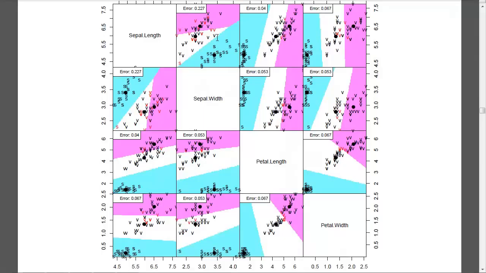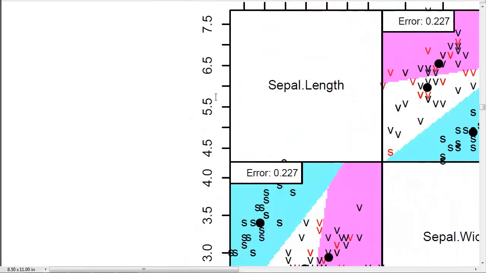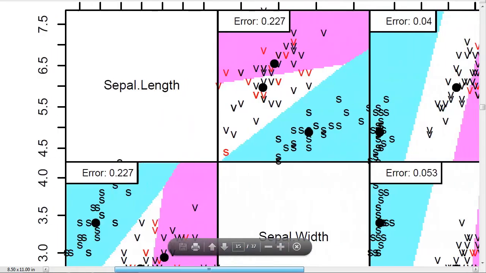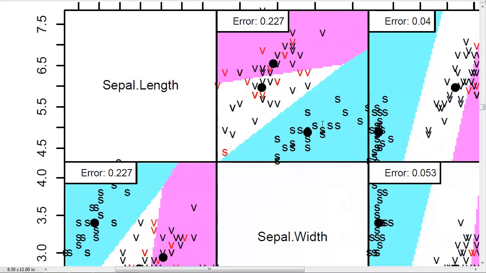So, I should point out one more sort of annoying thing in this data set. We have 3 varieties. We have setosa, versicolor, and virginica. And versicolor and virginica both start with V. So V is what's being plotted. The only way really to distinguish which group each plant belongs to is whether they were classified correctly or incorrectly. So all the black V's in the white space are correctly classified, and those are probably virginica. And then the red V's in the magenta shaded areas are also,